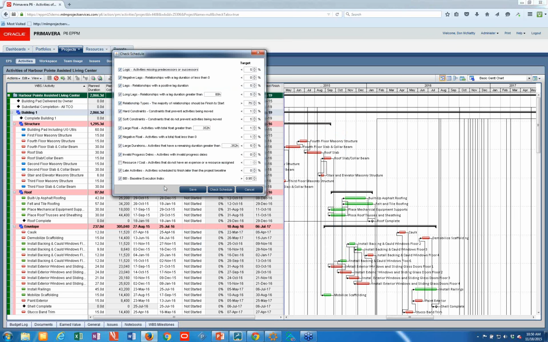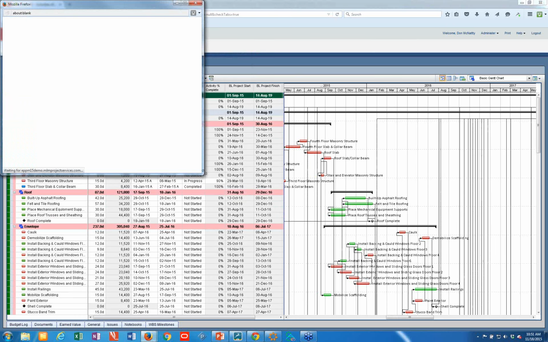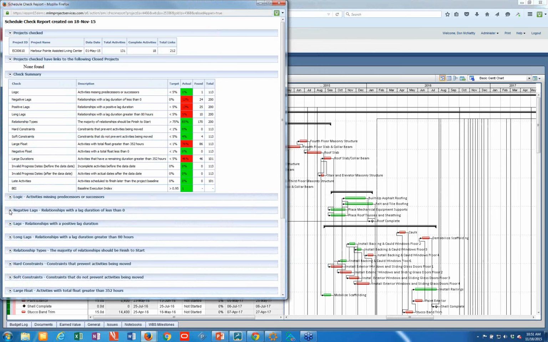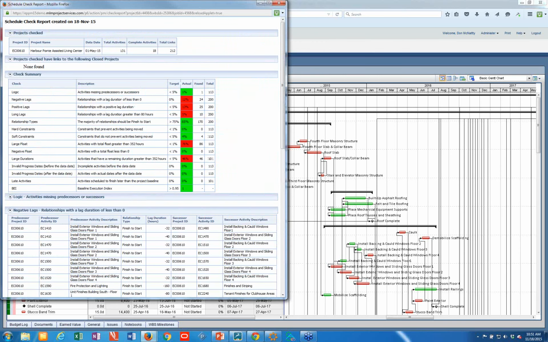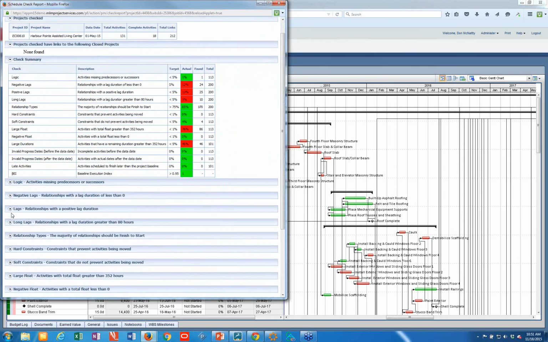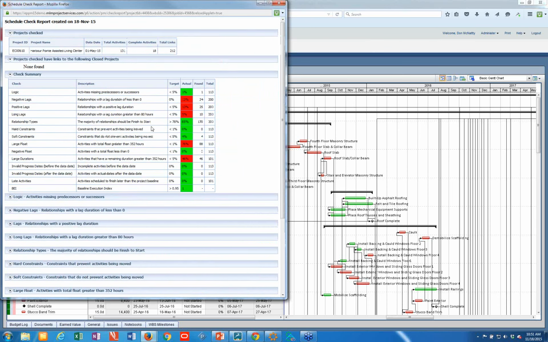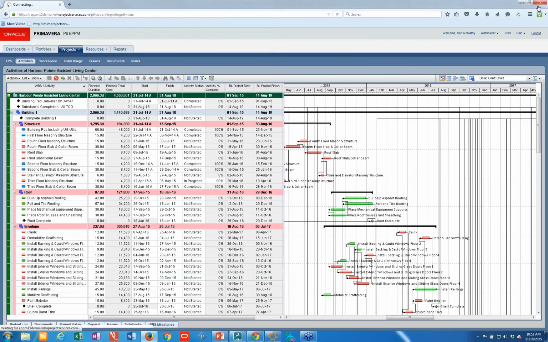So here's what it's going to check. This basically matches the DCMA 14-point check, but I can specify the values that I want to meet, and I can tell it whether something gets included or not. So if I run check schedule, it gives me a summary. I've got some negative lags. There they are. I've got some long lags. There they are. So it very quickly will get me to where I have problems, allows me to check it. And that's built right into